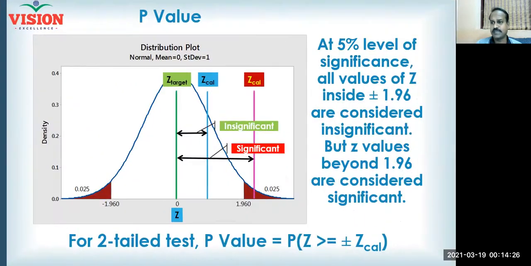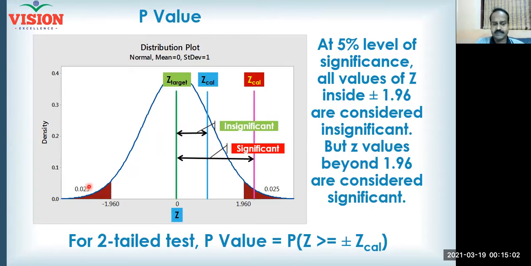Let's see one more example. And here this is a two-tailed test. When it is a two-tailed test, 95% of the events are expected to be observed between z equal to plus or minus 1.96. You see plus 1.96 on the right, minus 1.96 on the left, and between them you will have 95% of the possible z values. That means beyond 1.96, both plus and minus, you will have only 5%. When I divide that 5% into two halves, I get 2.5% here and another 2.5% here.